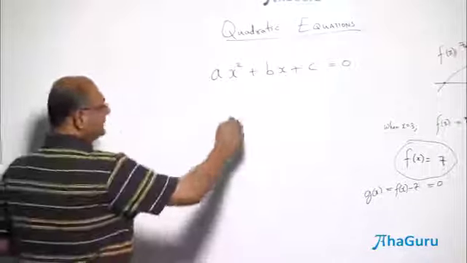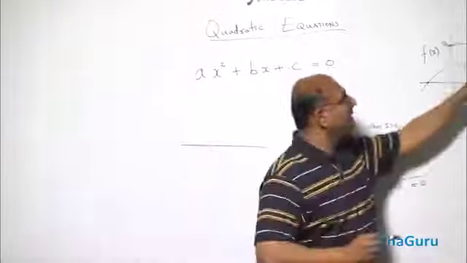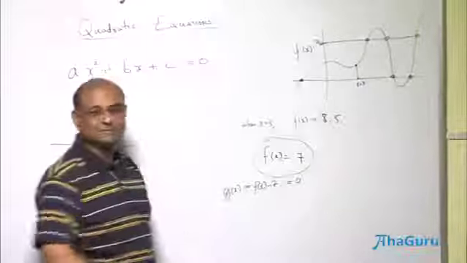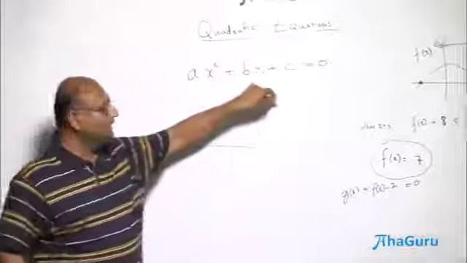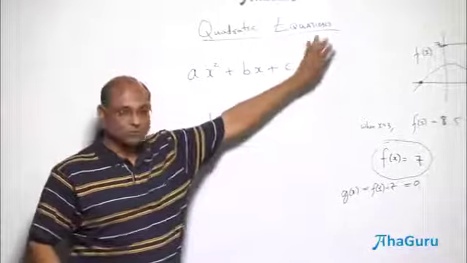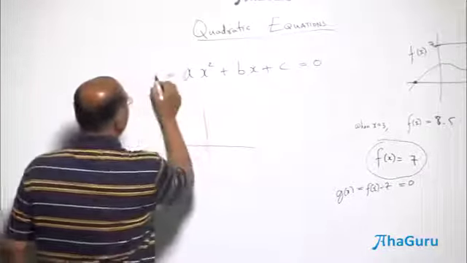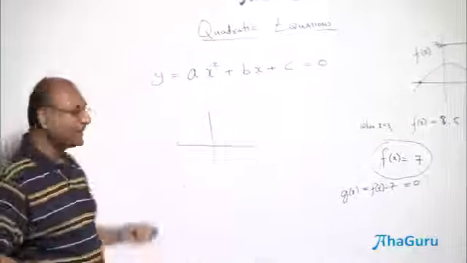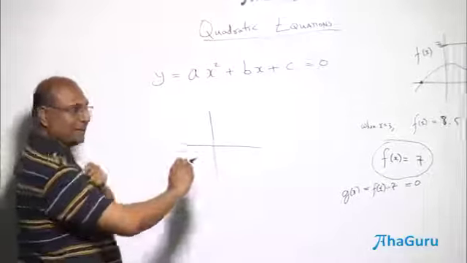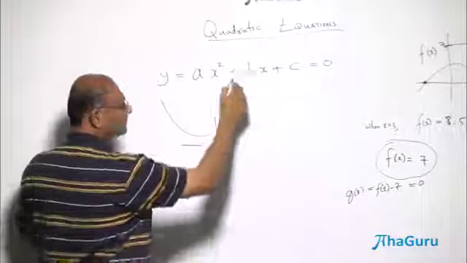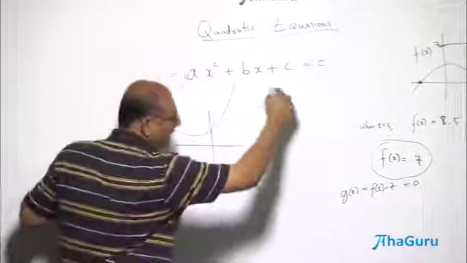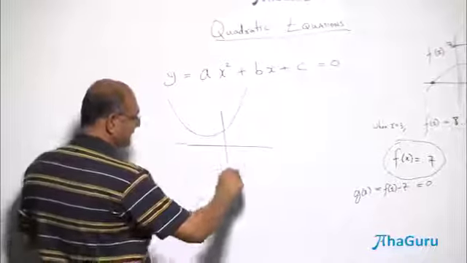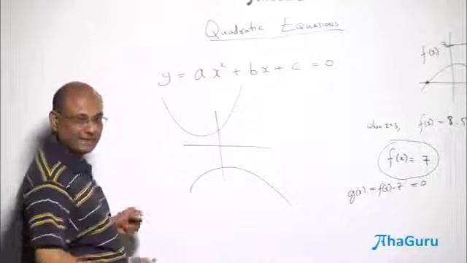Now graphically what does that mean? It means when this function crosses or hits the x-axis. Now this quadratic polynomial, suppose I say this was equal to y, as x changes, this is a function like this. Actually it will turn out that there are only 4 possibilities. One possibility is it looks like this, or like this, or like that, it doesn't matter, it never touches the x-axis. The other possibility is it looks like this, again never touches the x-axis.